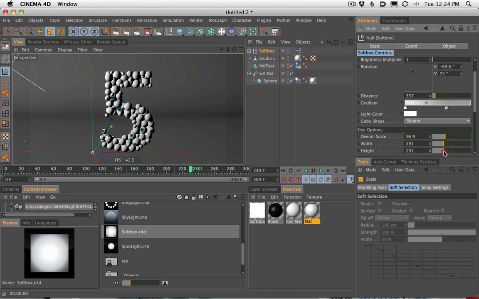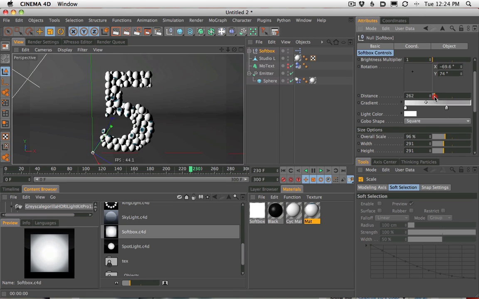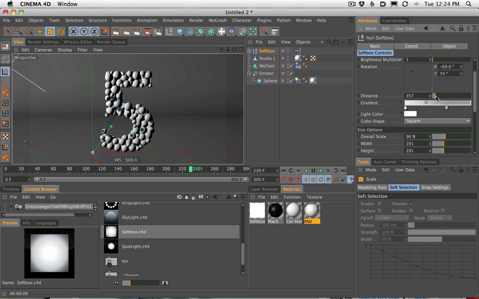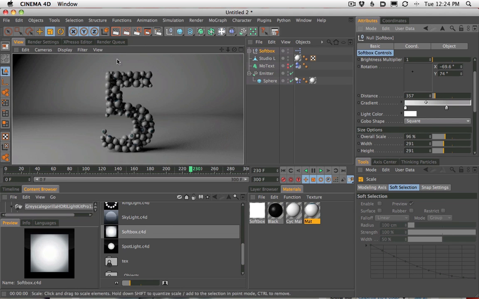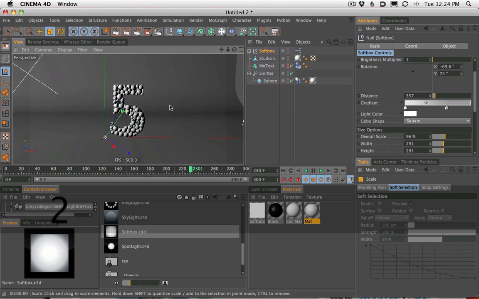We could do that. And maybe even a little closer. Softboxes always work better when they're a little bit closer to the camera or closer to your object. We're getting a weird shadow here, so maybe we'll just back it off just a little bit. That's nice though. That's got a good feel to it. And the shadow's almost just right. I'm going to shrink the width a little bit to make this shadow a little sharper.